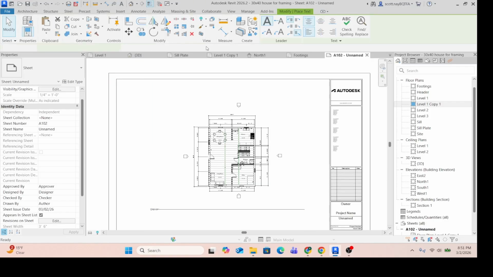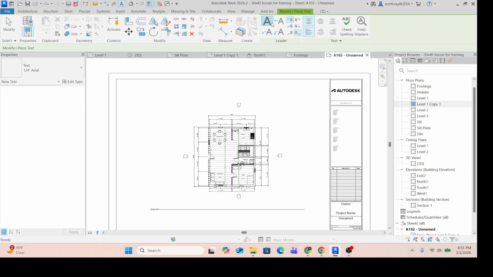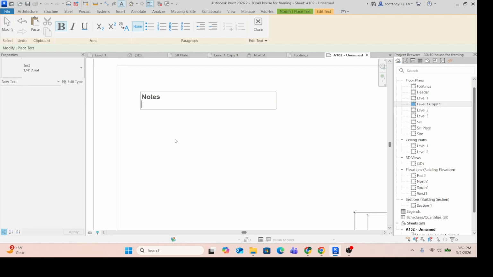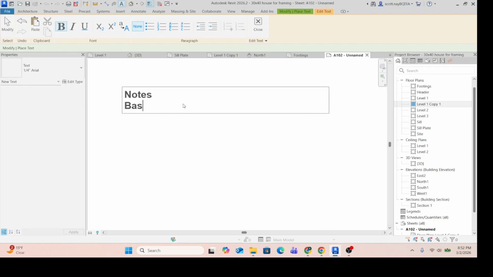I can type text. And you want to make sure it's the one with no leader line, because this is more of just an informational. And I can just put bold, notes, and then I can put date, floor framing, or basement notes. So now I can say